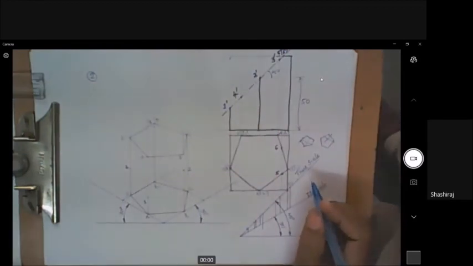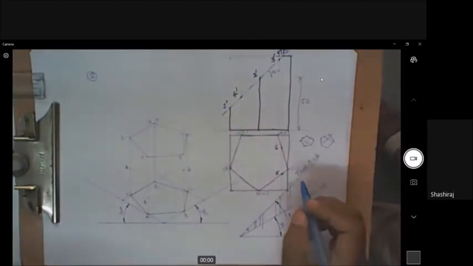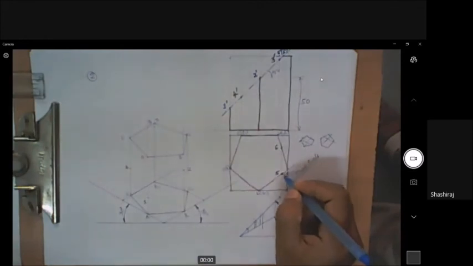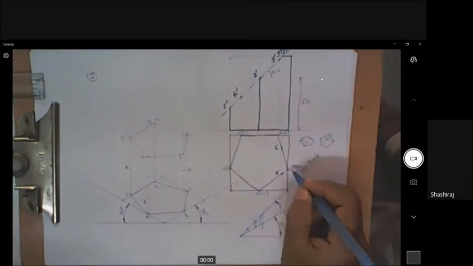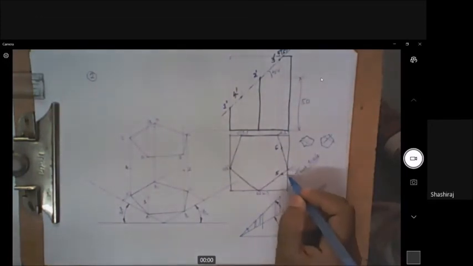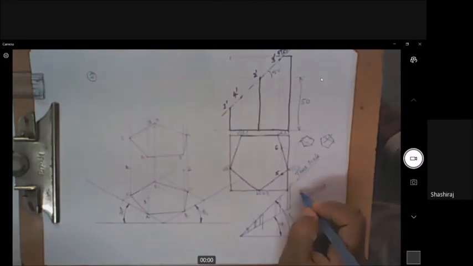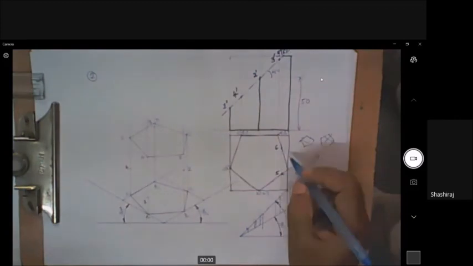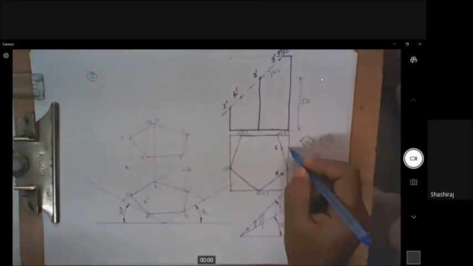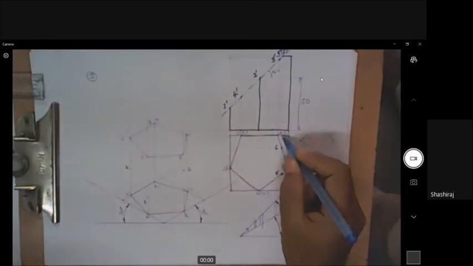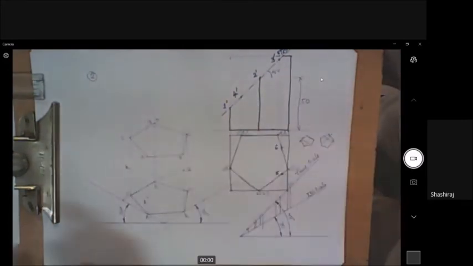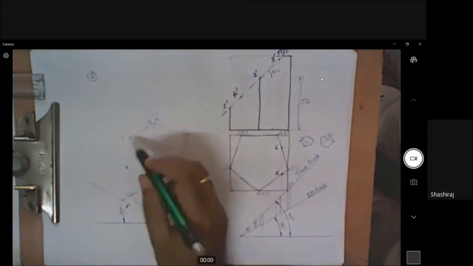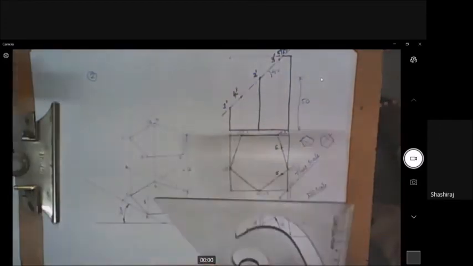So how do we mark those points? You cannot straight away take this much distance because it is not along the isometric axis. It is not isometric length. But if you draw a horizontal line here, this length, that is parallel to x-axis or whatever, if you transfer, you can trace this point. Similarly, point 6 also, you have to draw a horizontal line and vertical line. These distances, you should be able to transfer on the isometric scale, for which you need again this kind of box here also. You can draw it easily by taking parallel lines.